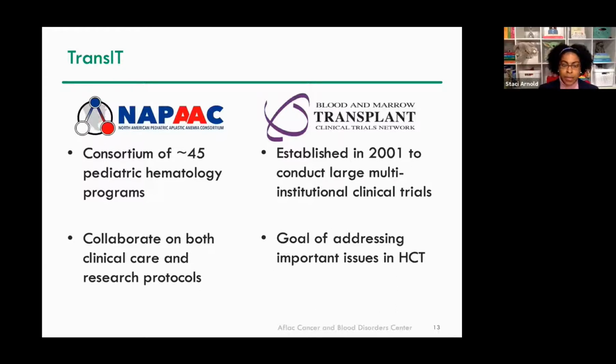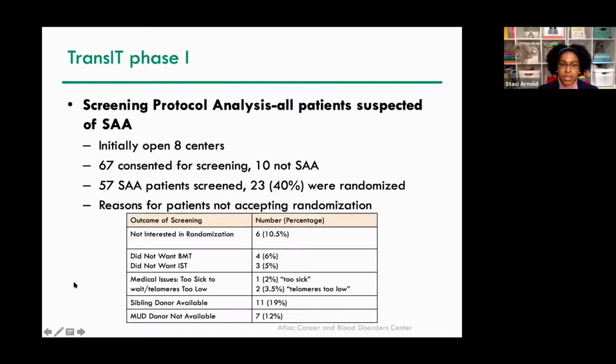And we all collaborate on both clinical care programs as well as research protocols like TRANSIT. While the BMT-CTN has a similar function in the transplant world, it was established in 2001 to create these national multi-center trials, especially in conditions where there are small numbers of patients, with the goal of addressing important issues in transplant. So from this collaboration, they did the initial phase 1 of TRANSIT, which was purely just